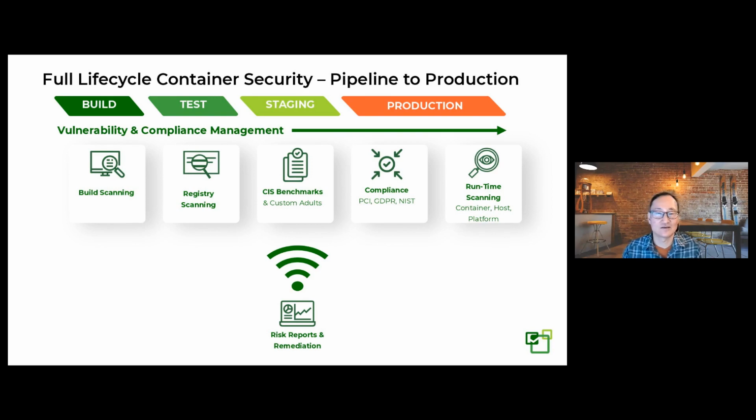We can scan those images for vulnerabilities, compliance violations, secrets, deployment issues in their YAML files. A number of things can happen immediately, and that can be forced back to the developer to remediate those before they're even allowed down into the pipeline to be put into your production or staging registry. And then the vulnerability and compliance management continues into registry scanning, continuous monitoring of that, running of CIS benchmarks and custom audits for your containers and your hosts,